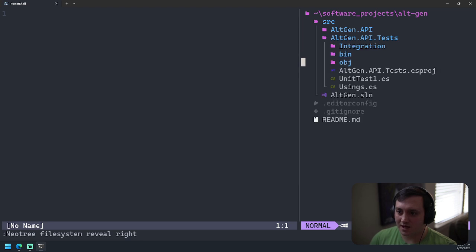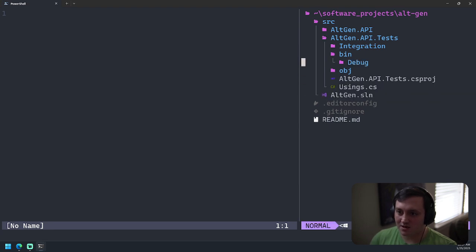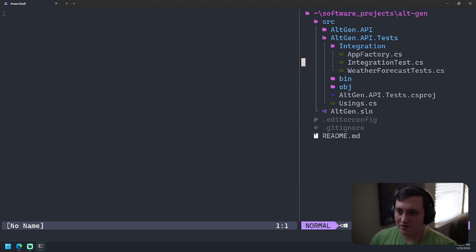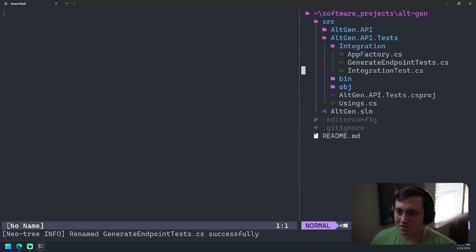Let's take a look at our tests. So we wrote a test yesterday. We can actually delete this. I'm going to call this generate endpoint test. These are some integration tests.